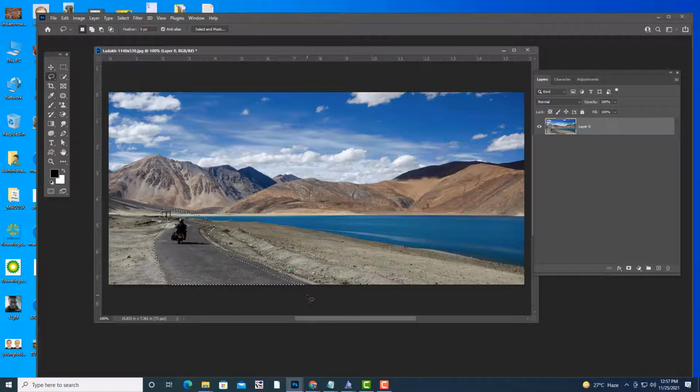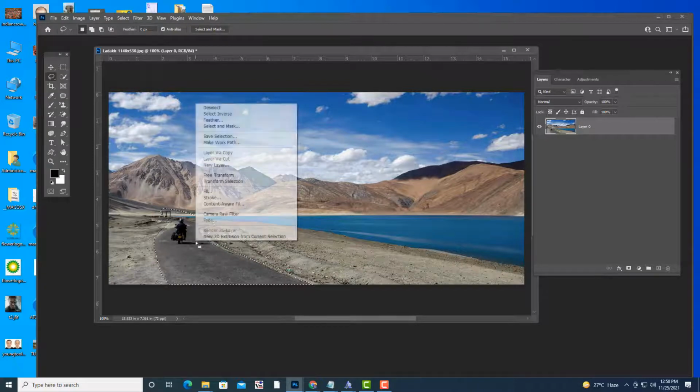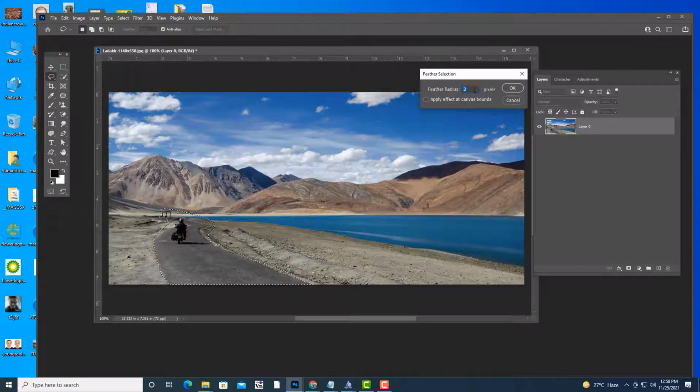See, I have drawn a selection. Here also we will try to improve this. I have only selected the road, and let us apply some feather to this. Always feather is very important. If not, you'll get a sharp edge like this.